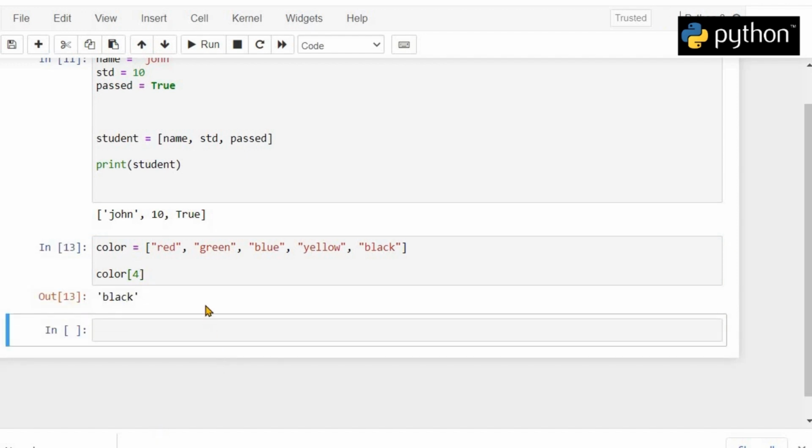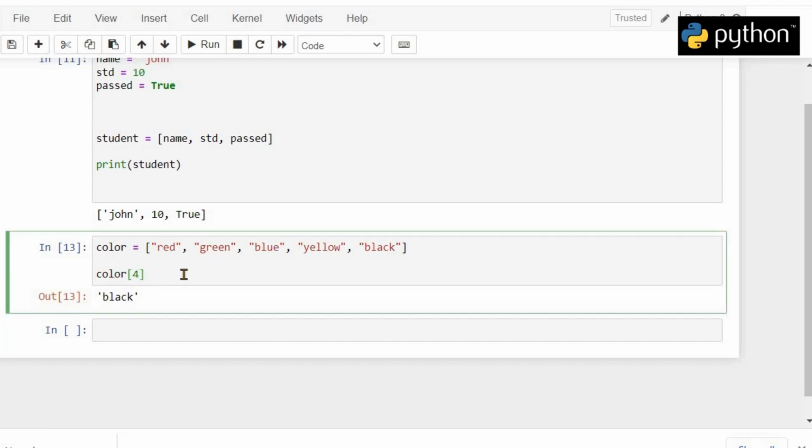Now, as you can clearly see, if we want to perform the slicing operation as we used to perform on our string, we can use the same methodology or the same bracket notation. We will first write the starting index, followed by the colon operator, and after the colon operator we write the ending index. Remember that, as in our string operation, the element at the ending index will not be included in the output; the element just before the ending index will be included.